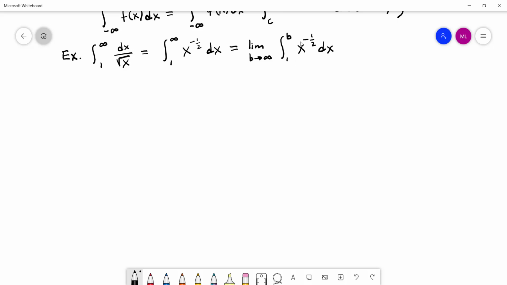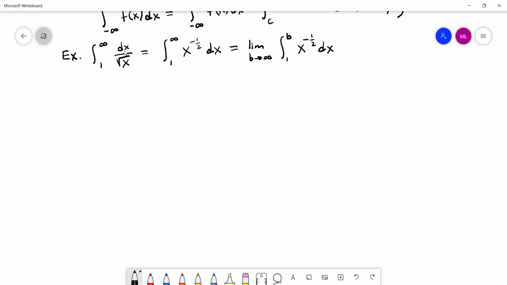If, after we take this integral and evaluate it between 1 and b, and then take the limit, we get something that converges, that's our answer. And if it doesn't converge, if it blows up, then our answer diverges, and this integral basically also diverges. The area goes to infinity. That is the idea here. Okay, so